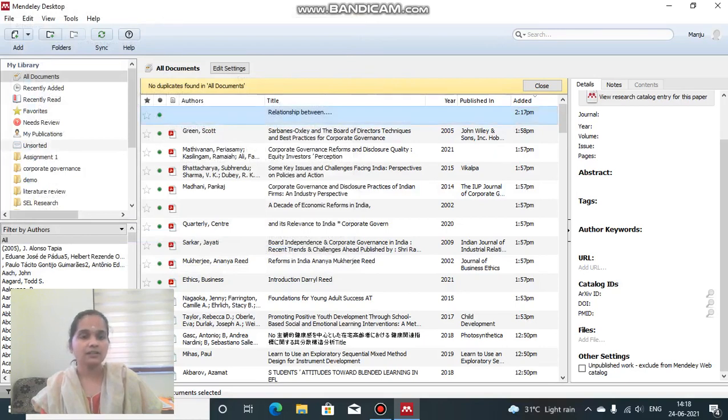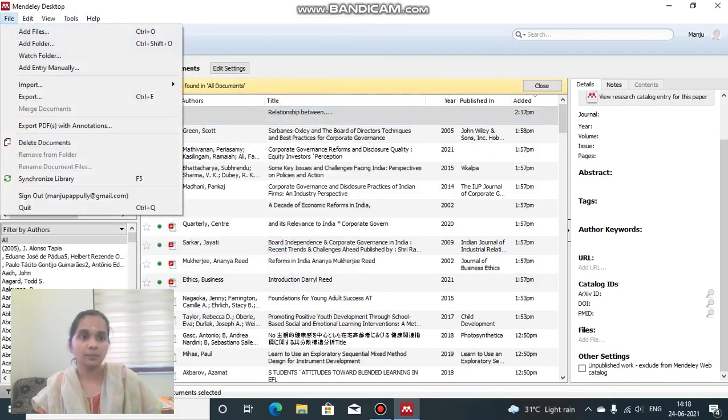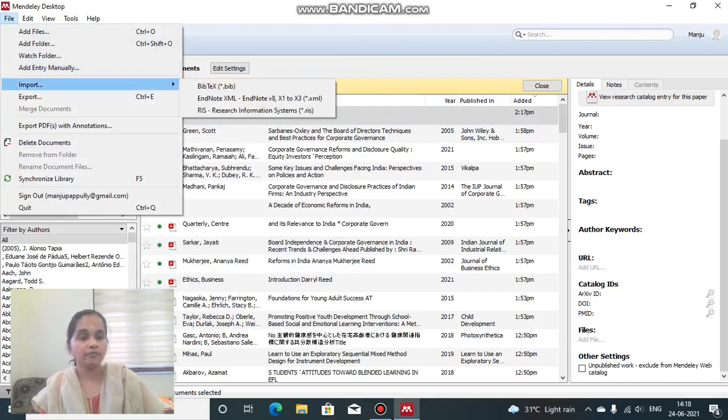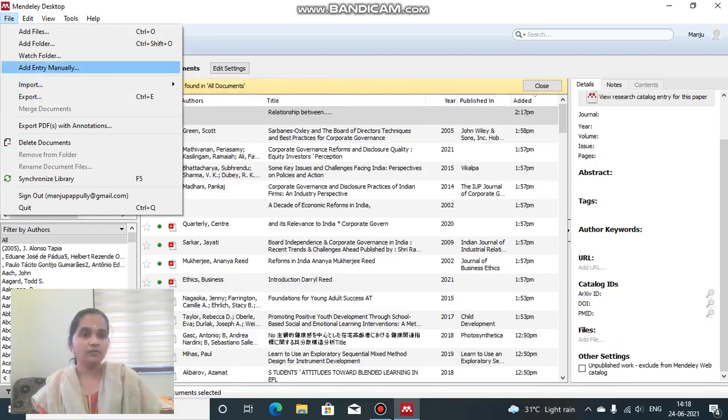So that is another thing, adding data manually. Also you can import from the web; I will show you how to import from Google Scholar and other sites. RIS format is compatible with almost all other software, so we can import in such a manner.